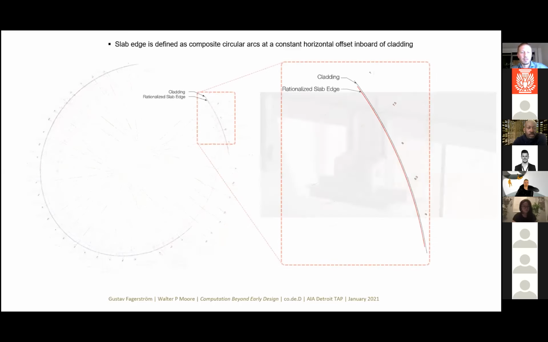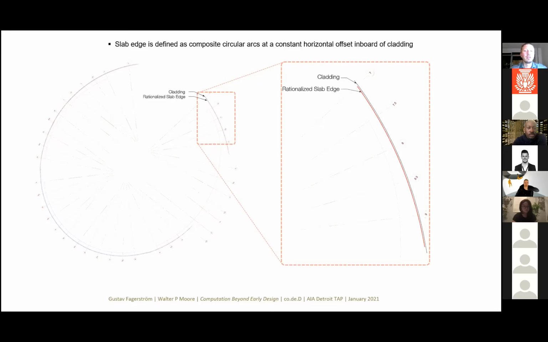And if you look to the right here, the blow up of the left, you see that the black line is the faceted actual skin, those metal panels, or in certain cases glazing panels that you saw before. And then there's an offset. I believe it was something like 1 foot or 16 inches or whatnot. I don't quite remember, but it was defined by how the curtain wall detailing worked and how it needed to be hooked into the slab. So that was offset back.